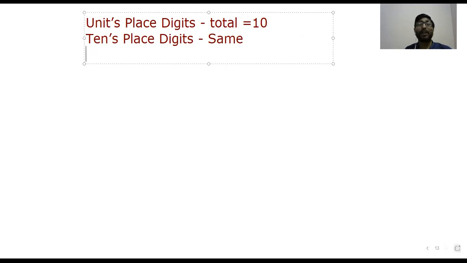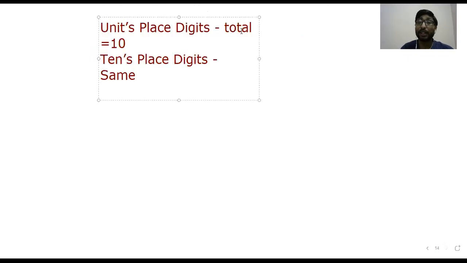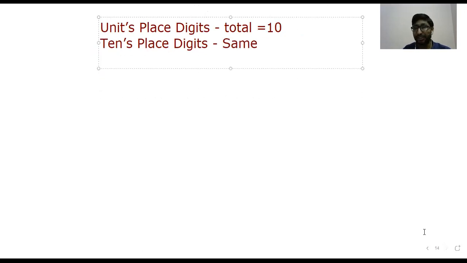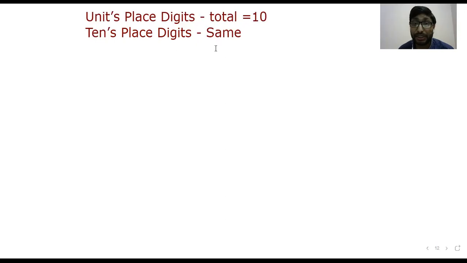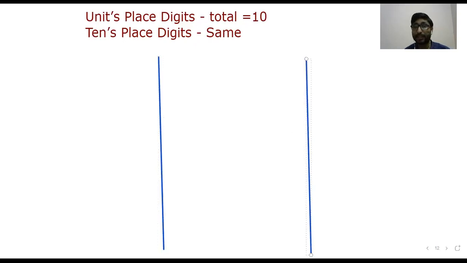And this is more logic, and see how easily I'm solving this 2-digit multiplication with some specific condition. In 2-digit multiplication, we have many conditions. So I'm going to show you some specific condition of units place digits. The units place digits total should be 10, and the tens place digits numbers should be equal.